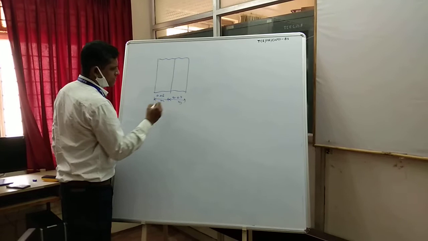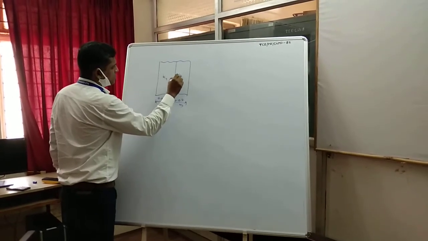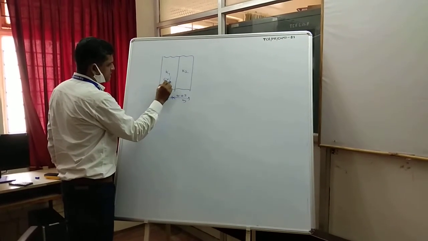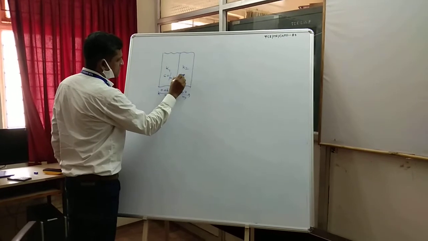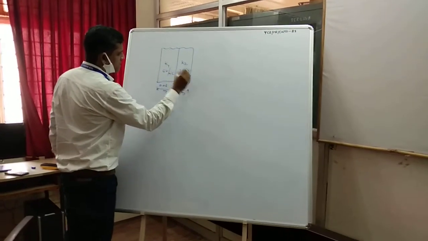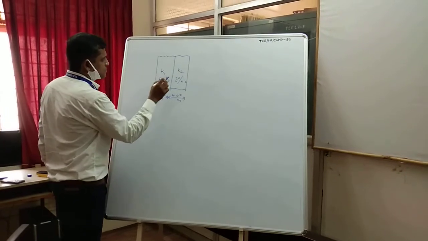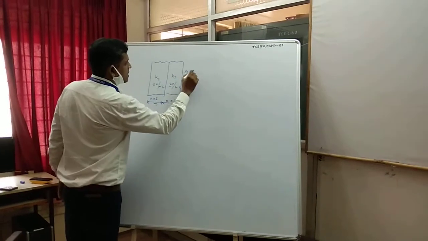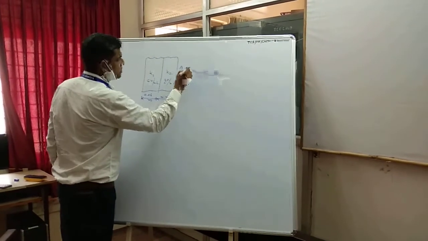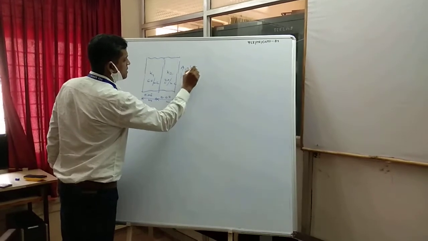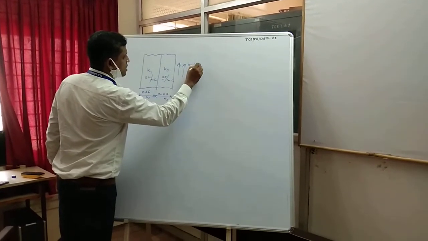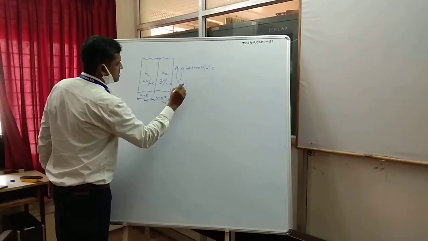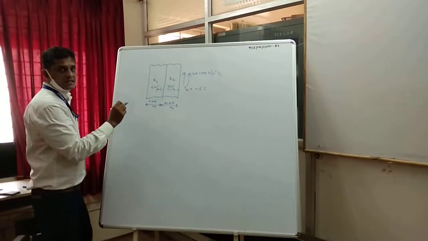0.06 meter and 0.02 meters, and thermal conductivity of both the materials are K1 6 watt per meter degree Celsius and K2 20 watt per meter degree Celsius. And here this composite wall is subjected to the convection on the right side surface, that is given by h, let us take 1000 watt per meter square degree Celsius, and the ambient temperature -5 degree Celsius.